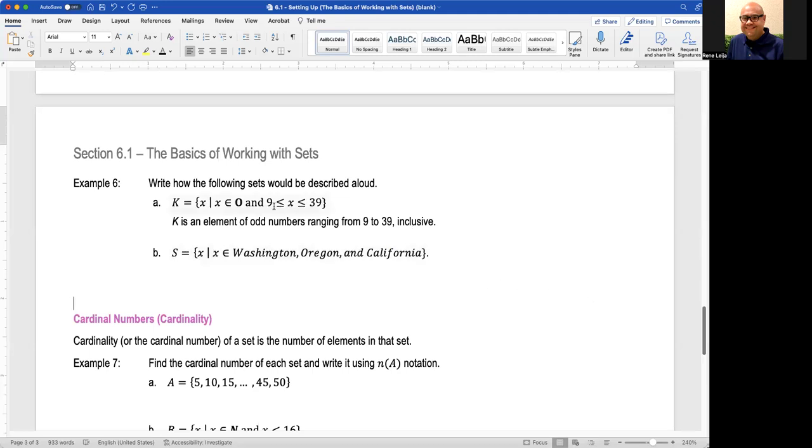Because we have the equal to, so we do include 9 and 39. Or you could have said that start with 9 and end with 39. You could have said that as well. Part B,